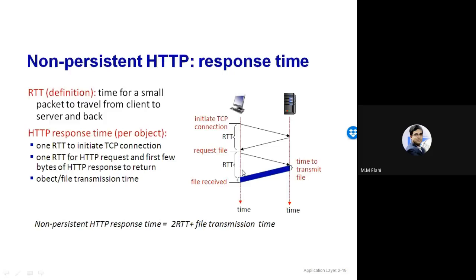10 RTT. But there is one other option. For these 10 objects, we say 10 RTT. That means we assume a new object request can only be sent after the response has come, right? Yes, sir. But if it is done in parallel, that can also be done. That is called persistent with pipelining. Persistent without pipelining means one by one. Persistent with pipelining means if there are 10 different references.